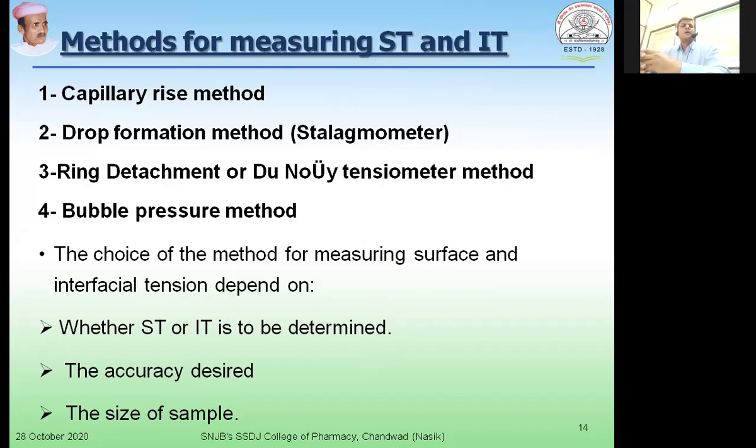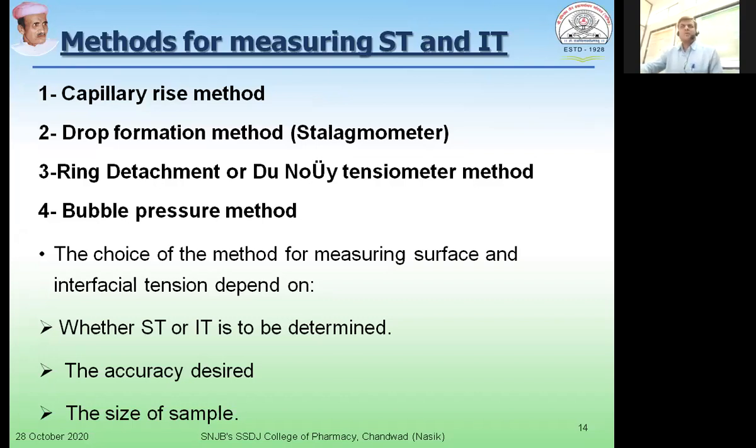Even the accuracy which you are interested in achieving will decide which method to go with. And the third important thing to be considered before making a choice for the method of determination of ST or IT is the sample size, or the amount of the sample which is available for determination of ST or IT.